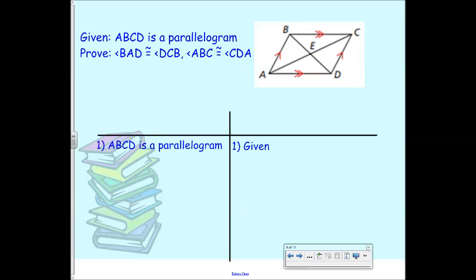Okay, so we've copied down our givens, and we already know, based on this picture, that this is a parallelogram, so there's a lot of information that we have. But let's take a look at what we're trying to prove before we start to do it, because if we don't know where we're going, it's hard to get there. So we're trying to prove that angle BAD is congruent to DCB. So BAD is this angle right here, and we're trying to prove that it is congruent to angle DCB, which